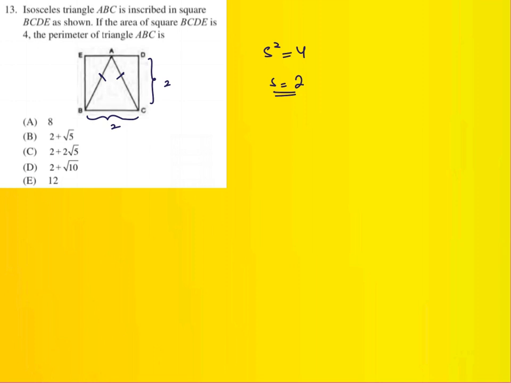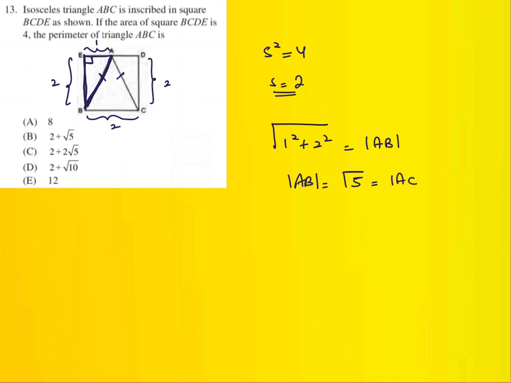Now to find these, I have to use the Pythagoras theorem because we know that the angle in a square is 90 each. Now I can consider this right angle triangle to find the length of AB. So this is 2 units and this is half the side, that's 1 unit. So I can use the Pythagoras, that's 1 square plus 2 square under root, and this is the length of AB, which is root 5. So root 5 is AB, it's also AC.